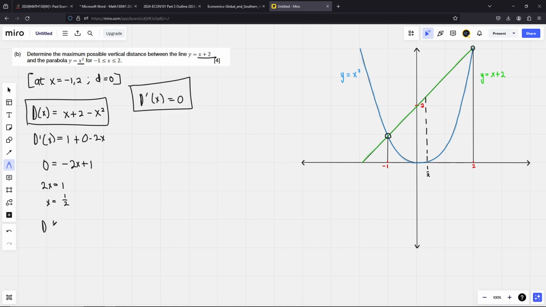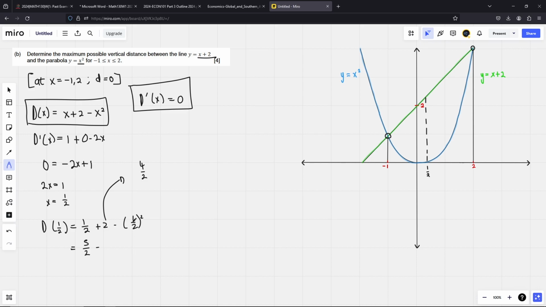Let's say d(1/2) is equal to a half plus 2, minus a half all squared. So how can I rewrite this 2? Well, I can say it's the same thing as 4 over 2, because that just equals 2. So if I write it as that, I can add these two together. Half plus that is 5 over 2, minus